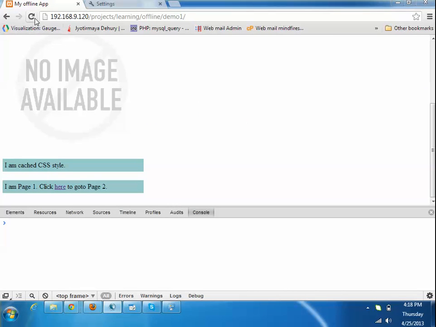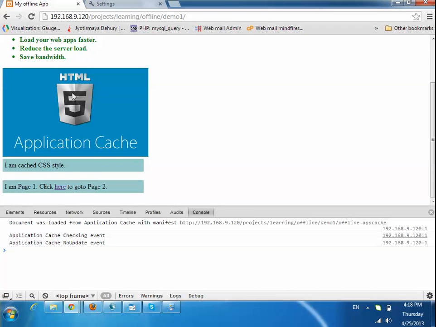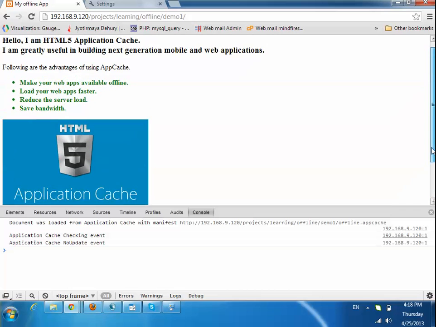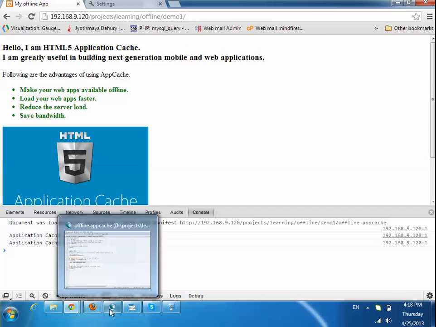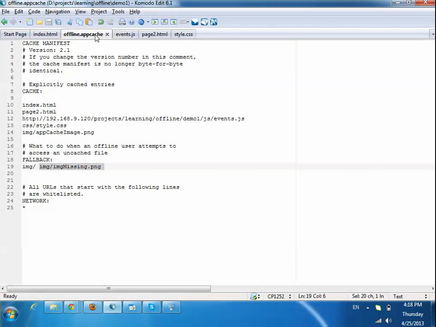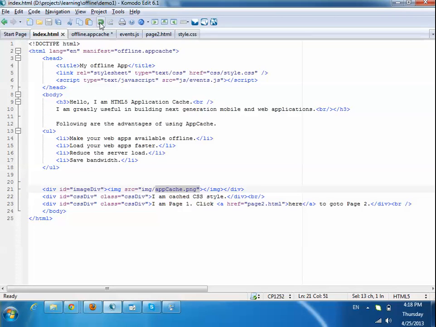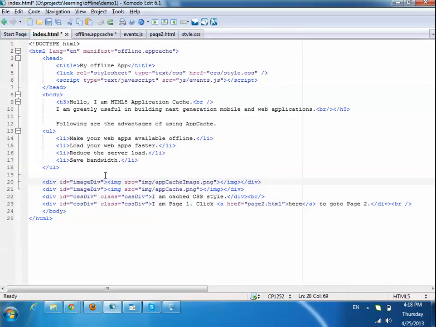Now since I am online, the image is available. It will fetch from the server. Okay, let me do some modification here. First in the index page, let me undo it so that I can see both the images. Save it, and in the JS file,